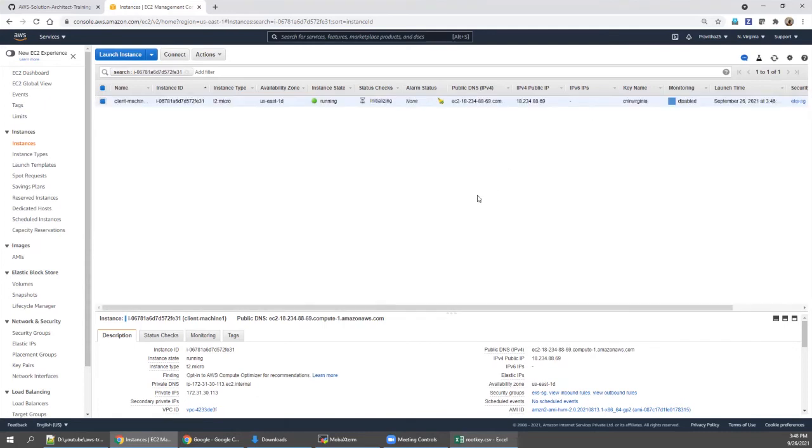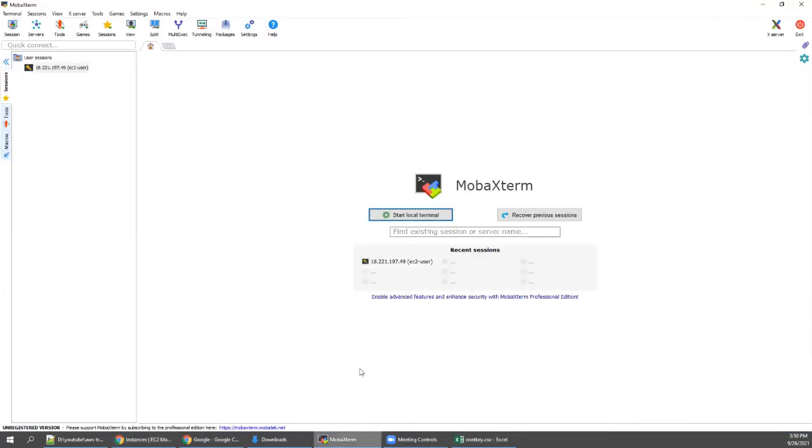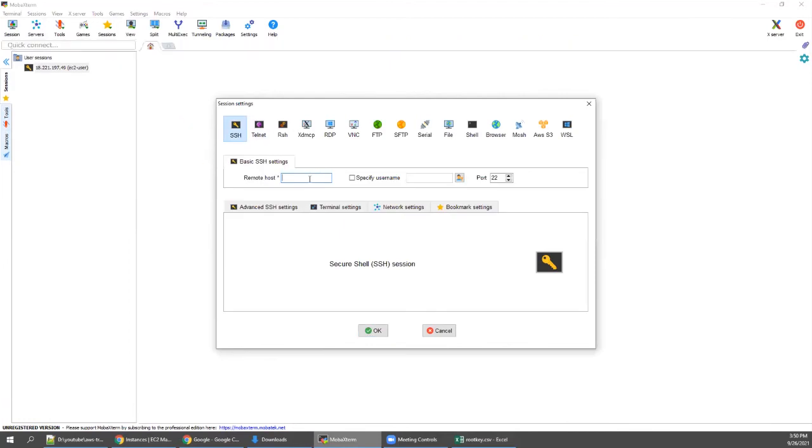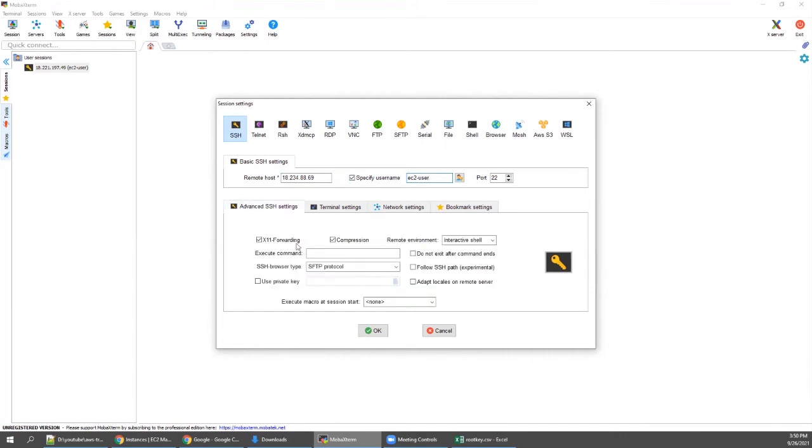The client machine, the Linux machine, is now fully up and running. So let's log in first. Copy this public address, go to MobaXterm, and say ec2-user and select the key.